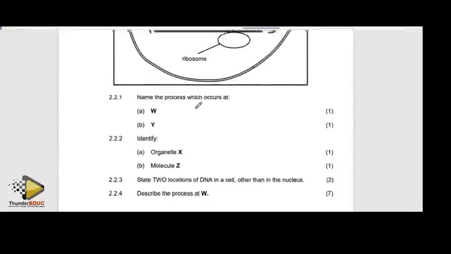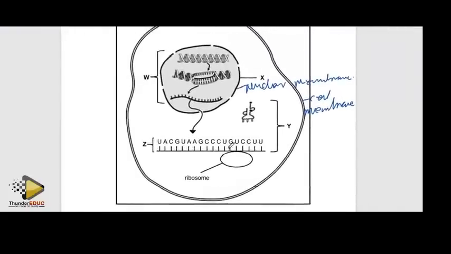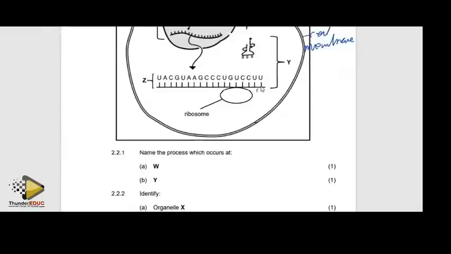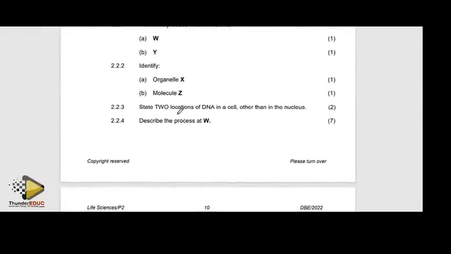And then they are saying molecule Z. Where is molecule Z? They are looking for this, because it is on the ribosome and it has moved out of the nucleus. It is messenger RNA. And then they are saying state 2 locations of DNA in a cell other than in the